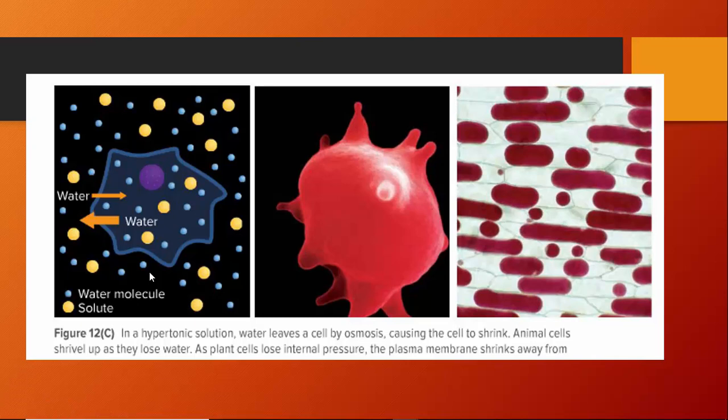shrink. Animal cells shrivel up as they lose water, and here you can see plant cells have lost that internal pressure, and they're really starting to shrink where they were earlier. You can still see their cell walls here, but you can see the cell membranes are starting to shrink away from that cell wall. So in a hypertonic solution, there's more water inside the cell than there is outside the cell. There are more solutes outside the cell, so water is going to move out and try to balance that